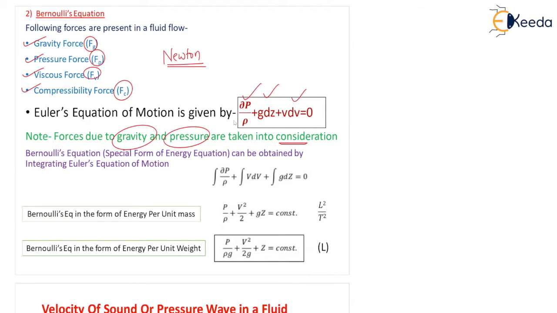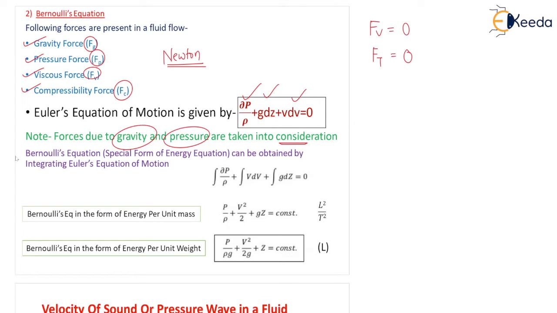That is because sometimes, if you are talking about viscous force Fv, but the fluid is ideal, the flow is ideal, at that time viscous force will be 0. If you are talking about the turbulence force Ft, if the flow is laminar, then this turbulence force will be 0, correct? So depending upon the case, some of the forces will be present, some of the forces may not be present. So these two forces, pressure and gravity force, will be present. Taking these two forces into account, we have Euler's equation of motion, and from Euler's equation we are going to derive Bernoulli's equation.